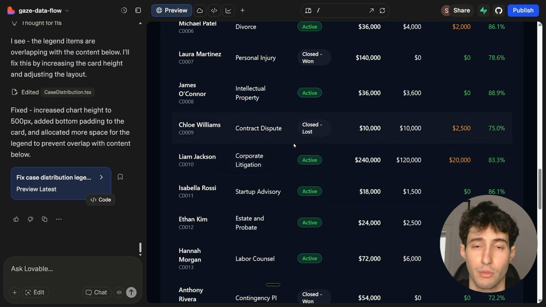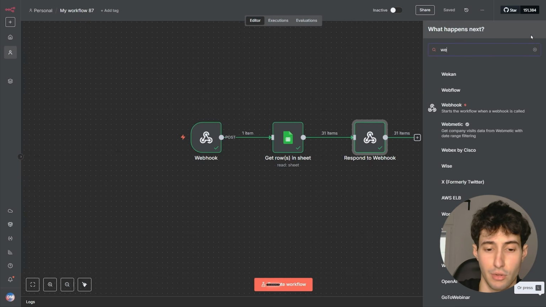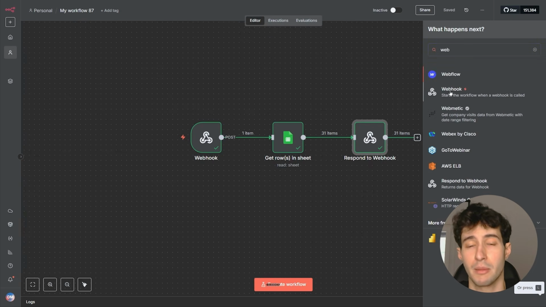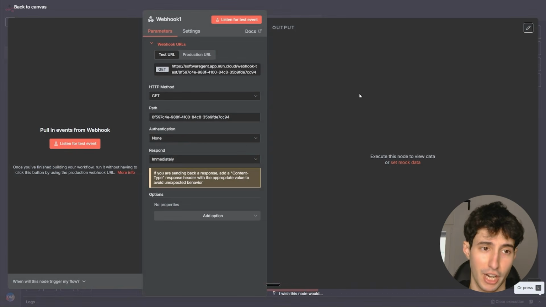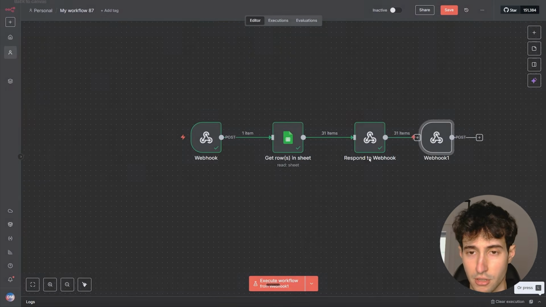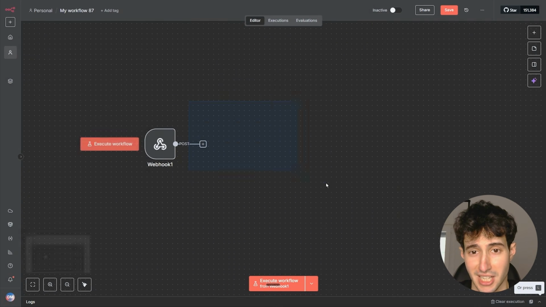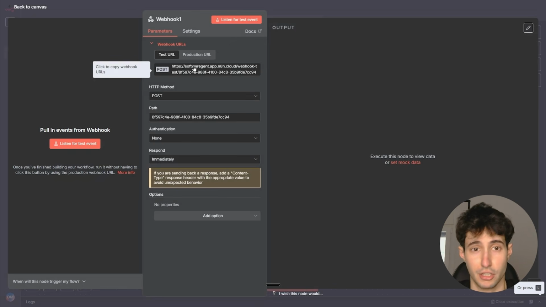So to build this, what we need to do is first of all go back in our N8N interface and click on the plus icon, and we're going to search for another webhook node, because this is going to be a brand new connection that we're going to make from a Lovable interface to another backend automation that we're going to build in N8N. And again, we need to make the same change, the method from GET over to POST. So now that we have this webhook, let me also bring it over here so we know this is a separate thing. What we need to do is to actually copy this link and connect it with a Lovable front-end